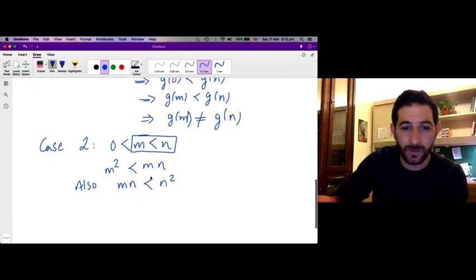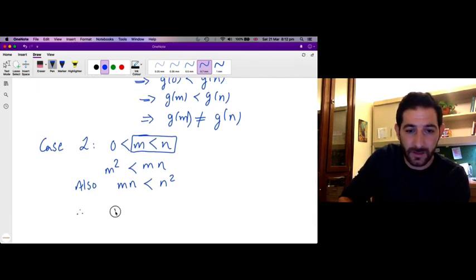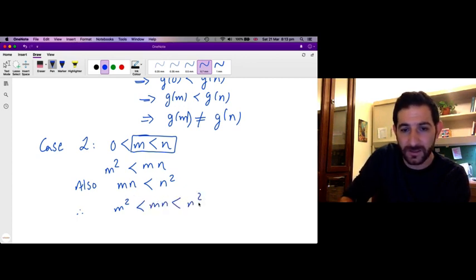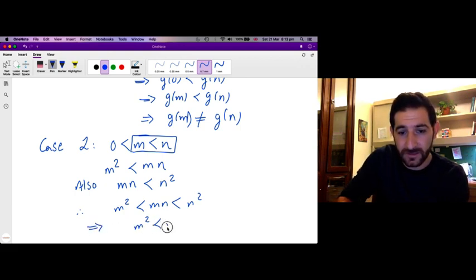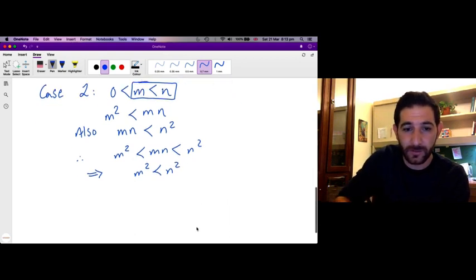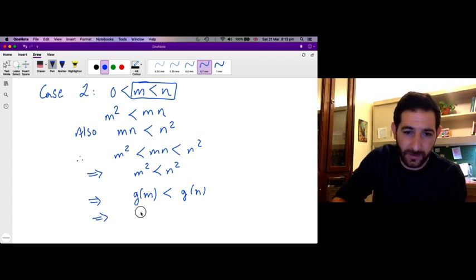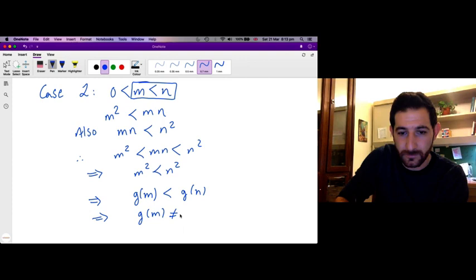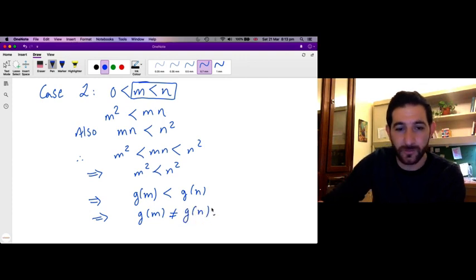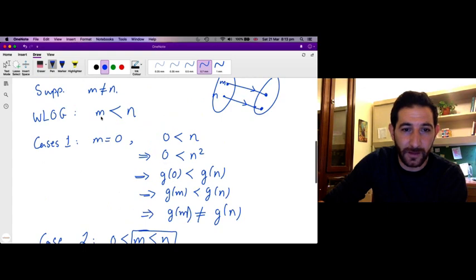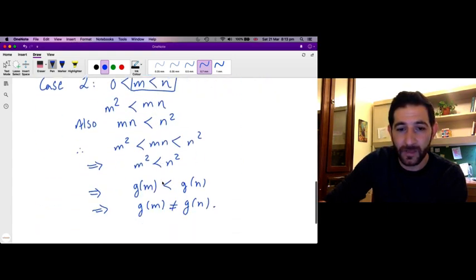So we get these two inequalities: m squared is strictly less than m times n, and m times n is strictly less than n squared. This implies that m squared is strictly less than n squared, right? But what is m squared? It is the image of m. And what is n squared? The image of n. Since the image of m is strictly less than the image of n, in particular they are not equal. So in both cases we proved that if m is not equal to n,